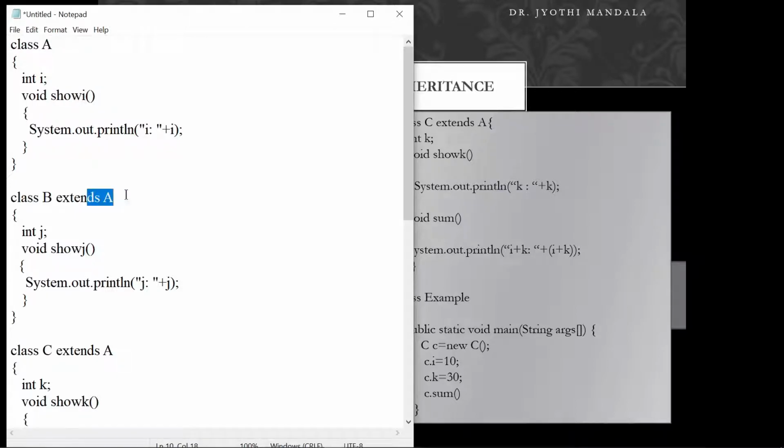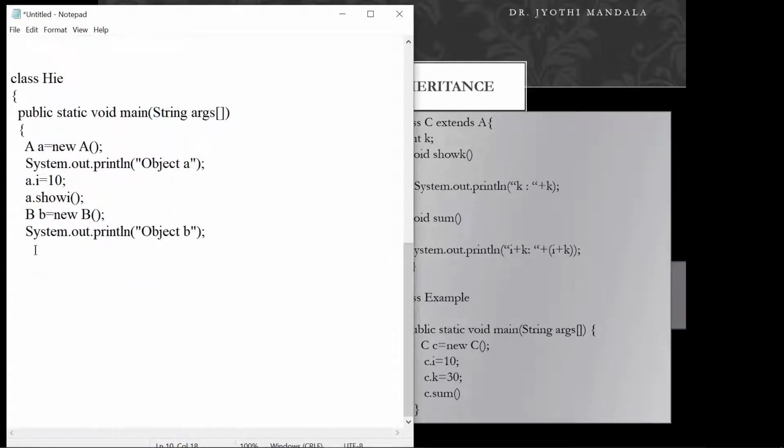Why? Because B is extending A. So we can write b dot I, let us call its value 20, b dot j whose value is 30, and we can write b dot show I, and also b dot show j.